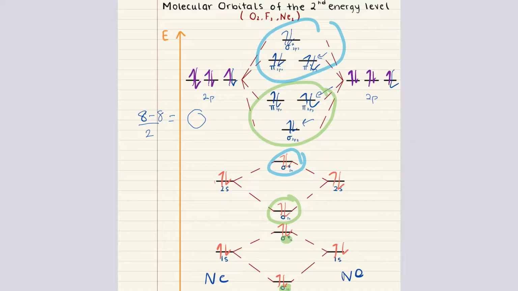The key adjustment is making sure to account for the gain or loss of electrons when filling the molecular orbitals and calculating the bond order. If an electron is removed to form a cation, we're going to take it from the highest occupied molecular orbital. If an electron is added, forming an anion, it goes into the lowest available molecular orbital. And these changes obviously can affect the bond order, sometimes resulting in fractional values like 1.5 or 2.5, which indicate